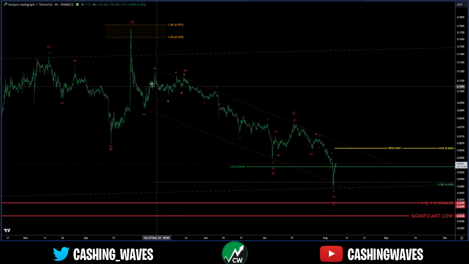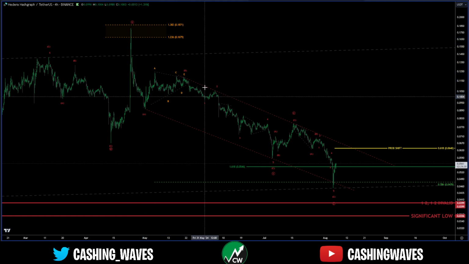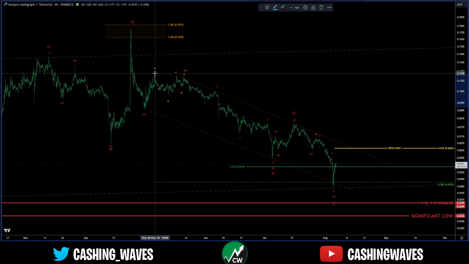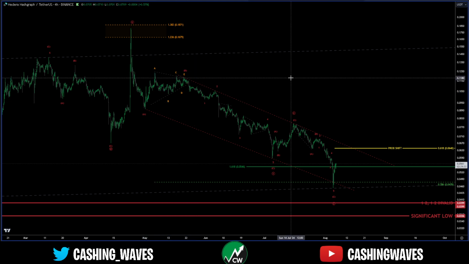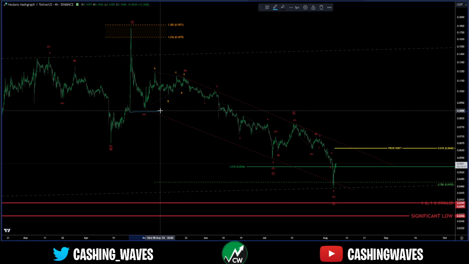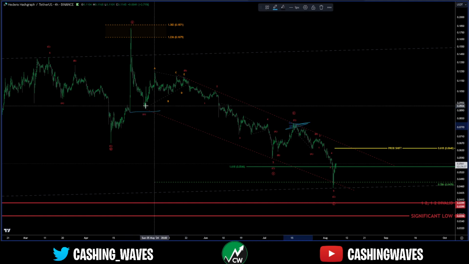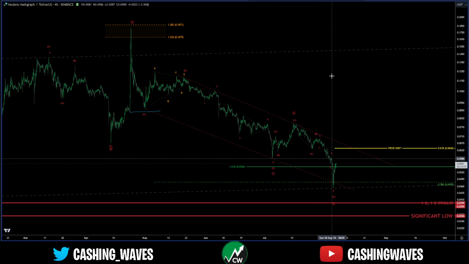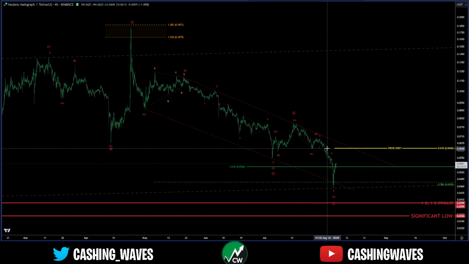It's difficult because then this would be a 1 and a 2. You can't get a triangle in a wave 2 and a diagonal, so it would have to be a WX with a Y wave triangle. Pretty unlikely. And then we don't have overlap if this is a 1, 2, and this is our 3. Our 4th does not overlap with wave 1, which isn't a rule, but it just doesn't have the right look. You can see we're channeling more than contracting as well.